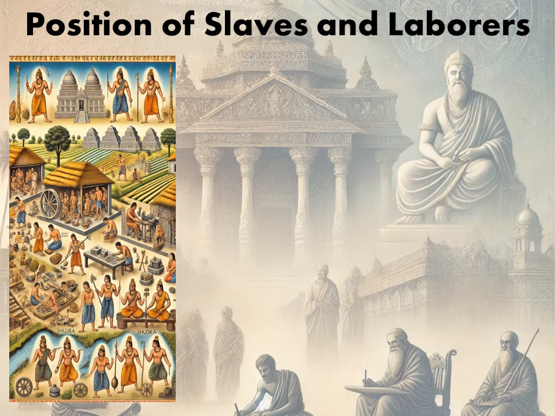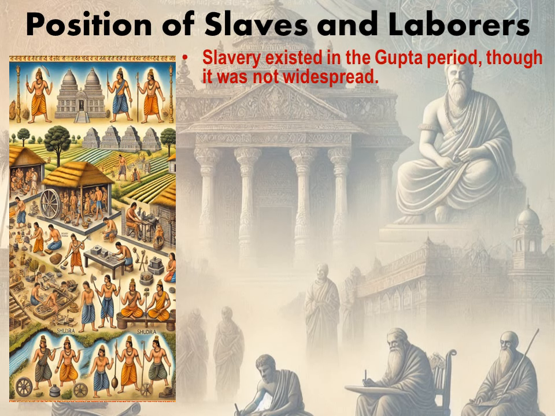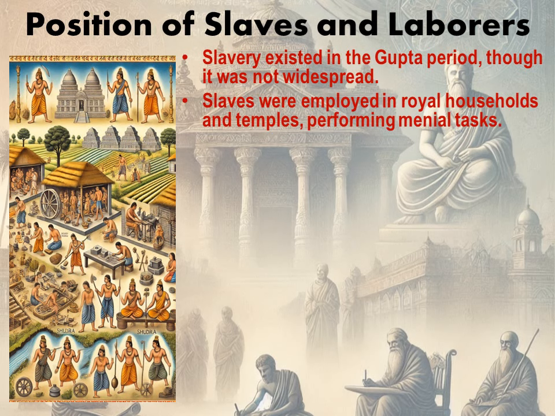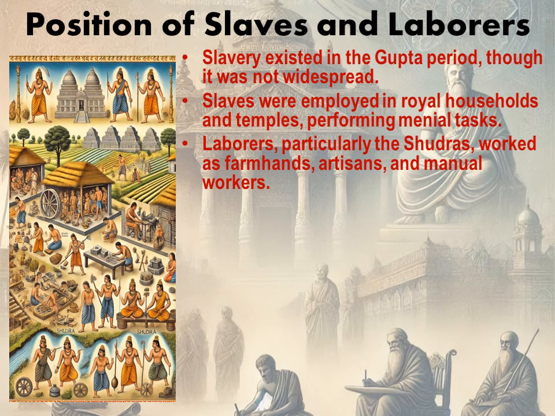Position of slaves and laborers. Slavery existed in the Gupta period, though it was not widespread. Slaves were employed in royal households and temples, performing menial tasks. Laborers, particularly the Shudras, worked as farm hands, artisans,